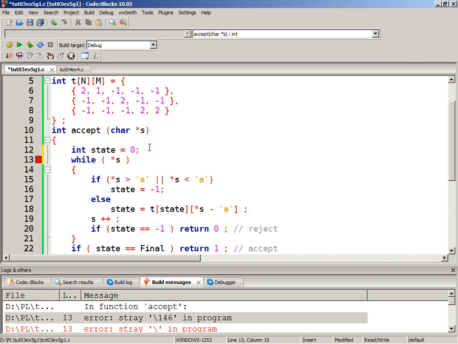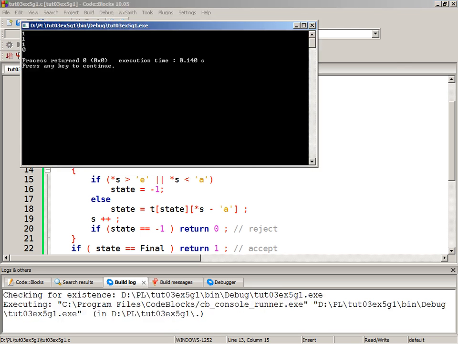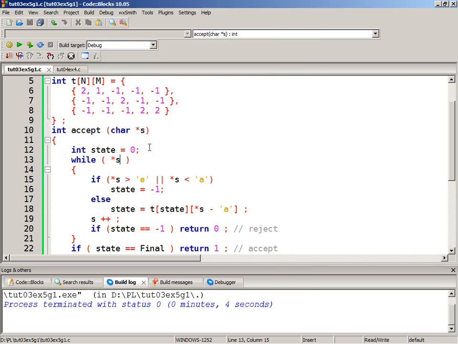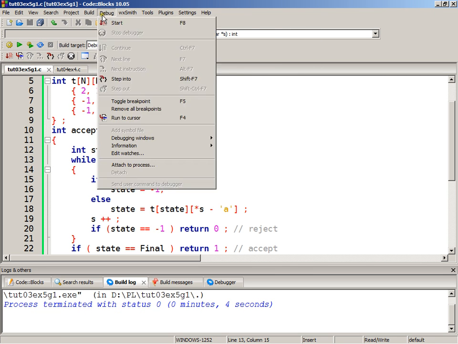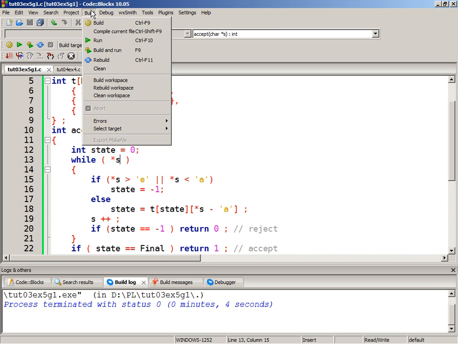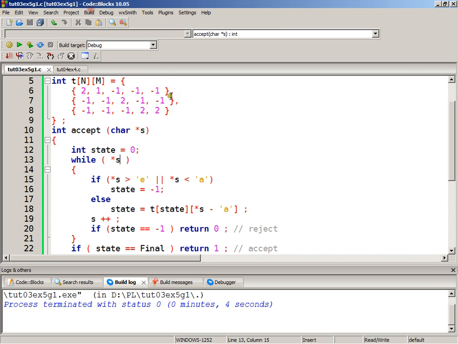Actually, you don't even need that, right? Was it running the correct one? Okay, good. So this is the second step implementation of automata,